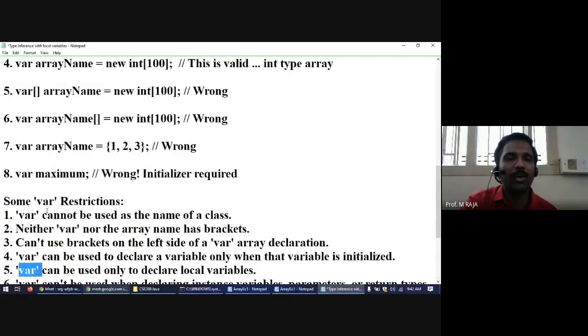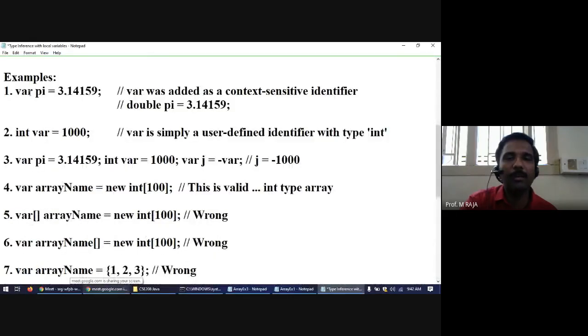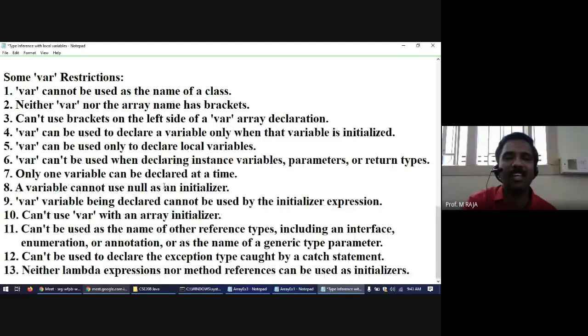Another important thing: only one variable can be declared using var. Var pi is equal to 3.4159. If you want to declare another variable, you need to use a separate statement. You cannot declare, for example, double pi is equal to 3.1459, comma, x is equal to 125.35, right? Multiple variables can be declared in this declaration, but using var, only one variable needs to be declared and